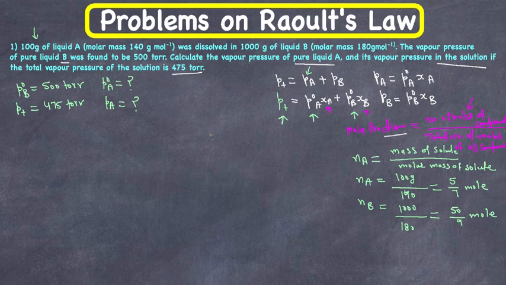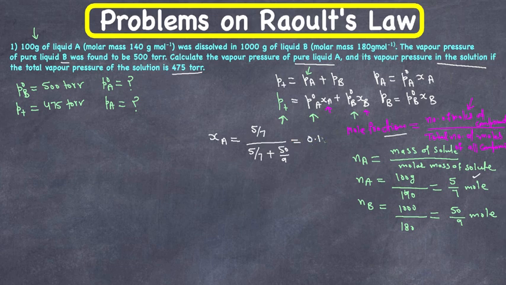So mole fraction for component A, XA, is going to be number of moles of component A, so it is 5 over 7, divided by total number of moles of all components. So it's going to be 5 over 7 plus 50 over 9,